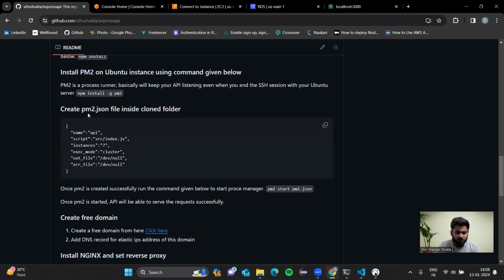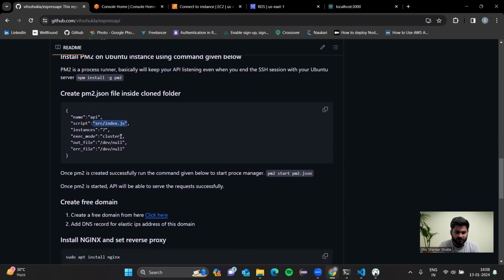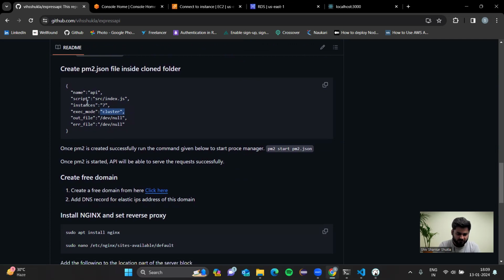This PM2 JSON file helps us to configure this. We can provide the name of our server and what our entry point to this application is. We can define the number of instances and the execution mode we want to run it in, and then the output file and error file details. Okay, so once this file is created,